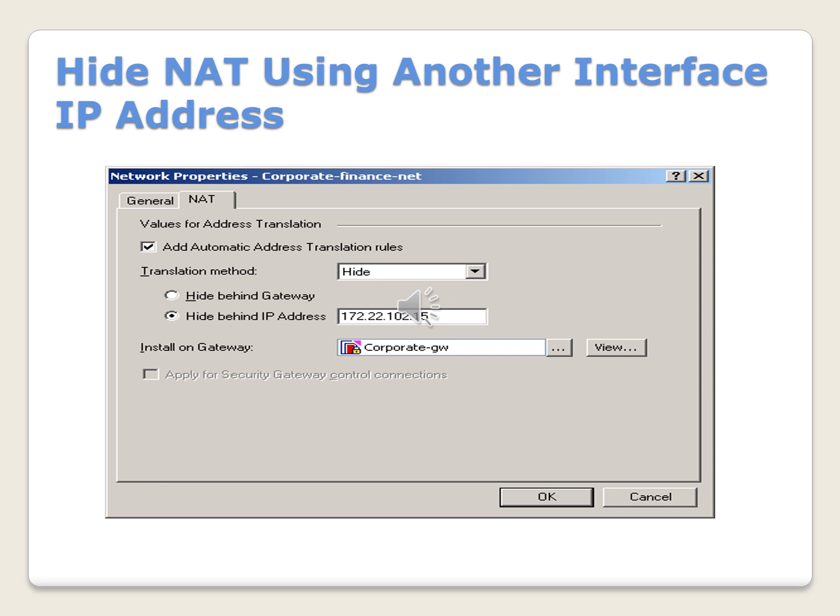Hide NAT using another interface IP address. Hiding internal addresses behind a security gateway's IP address is not the most secure way to configure Hide NAT. Using another externally accessible IP address for Hide NAT is considered best practice. The figure illustrates how to configure the NAT properties for a network that will use another externally accessible IP address